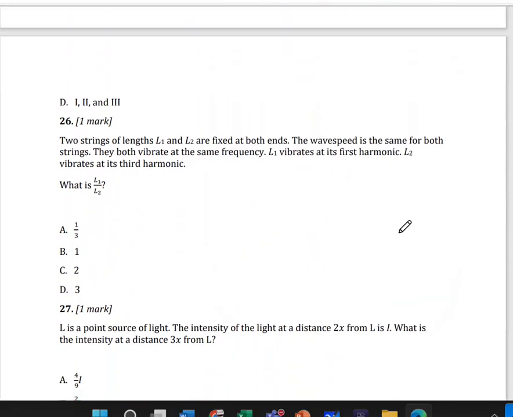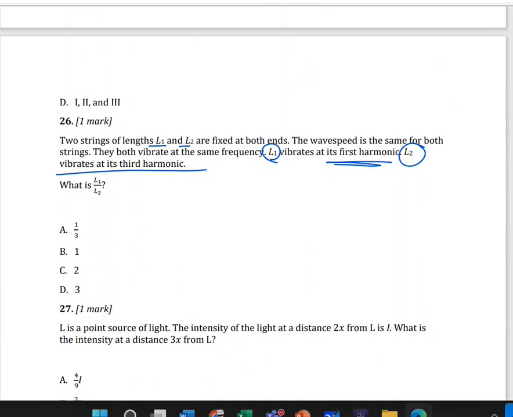We have two strings of length L1 and L2 fixed at both ends. The wave speed is the same for both strings. They both vibrate at the same frequency. L1 vibrates at the first harmonic, L2 vibrates at the third harmonic. Okay, so